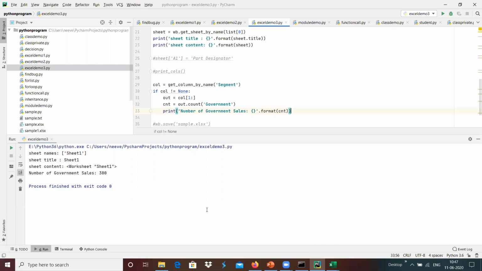The similar way we can do it for another one.